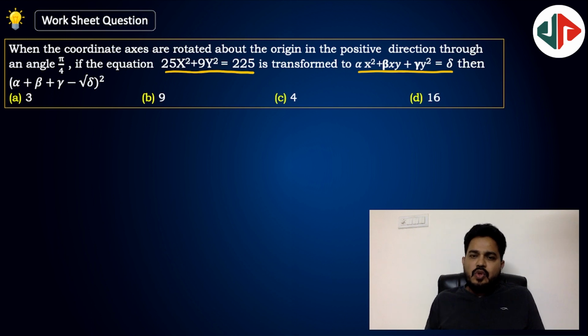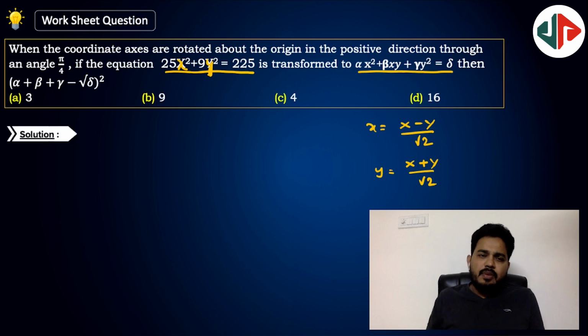So x is equal to x cos 45 minus y sin 45 and y is equal to x sin 45 plus y cos 45. So don't get confused with this one. Here this is supposed to be small x and small y. This is supposed to be small x, small y, and this is capital X, etc. So if you substitute that, so you will be getting